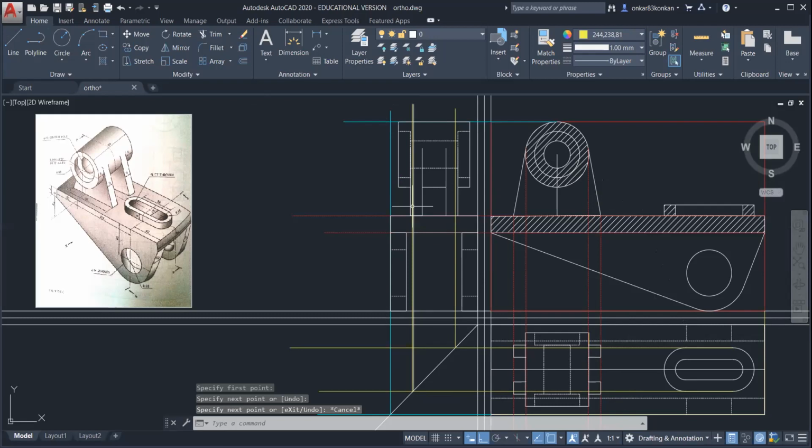Okay, so once you take the projection from the top view, take the projection from the front view so that we will get the height.